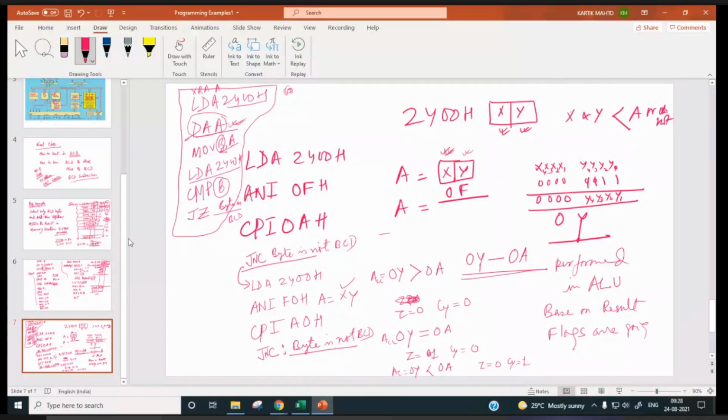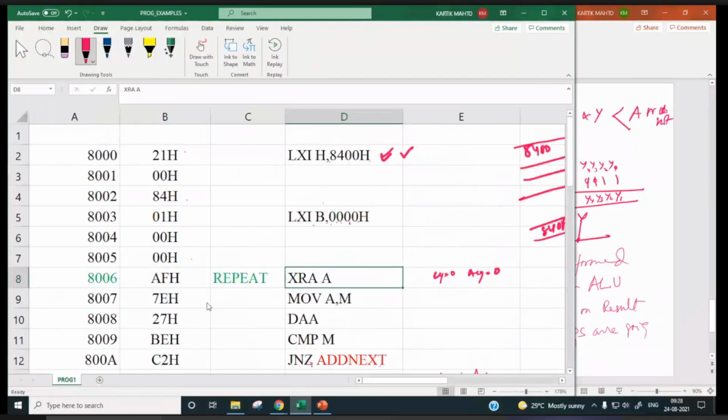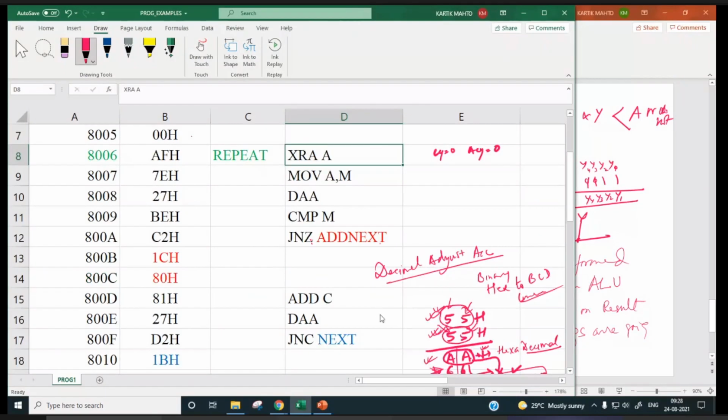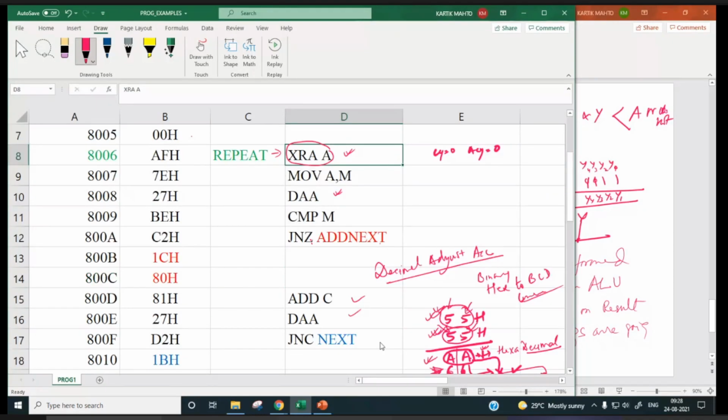So that's why while we were discussing in the class, I put the XRA instruction over here, right? And while doing the simulation, everything was coming wrong. Why? Because so many arithmetic operations are there, and when we are jumping back over here, if XRA A is not there at this point, then this DAA instruction was not able to verify the contents, and the contents of flag registers were changed during these cases.